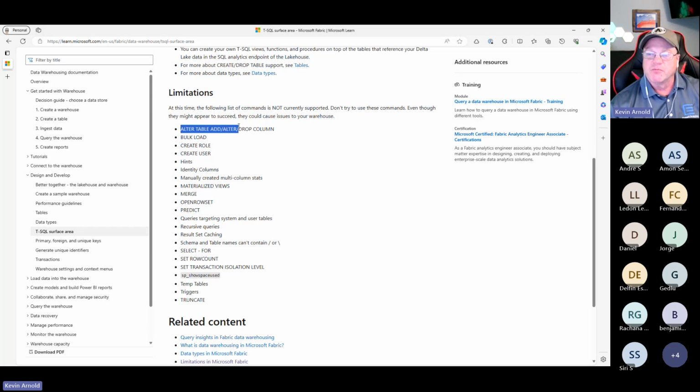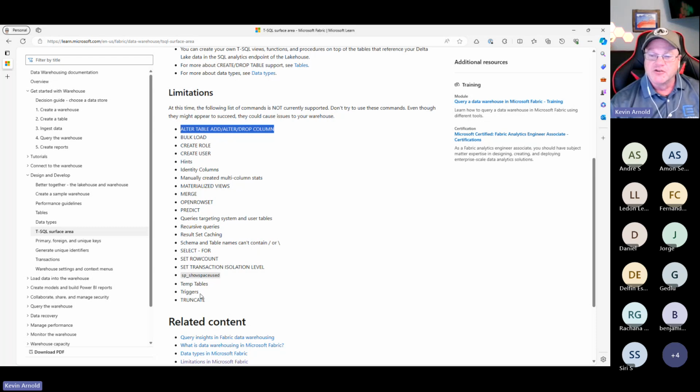This one causes me a little bit of problems as well. And Benjamin, you were kind of asking about having source control without the ability to alter, drop, add columns. Source control is a little bit of a challenge right now. So you might have to do some special processing if you're going to add a column to a table, where you might have to script it out, where you save the table or rename it first and then create the new one, move the data over. It's a little bit of a pain. I'm hoping that's going to get fixed. I should probably add that to the other slide.